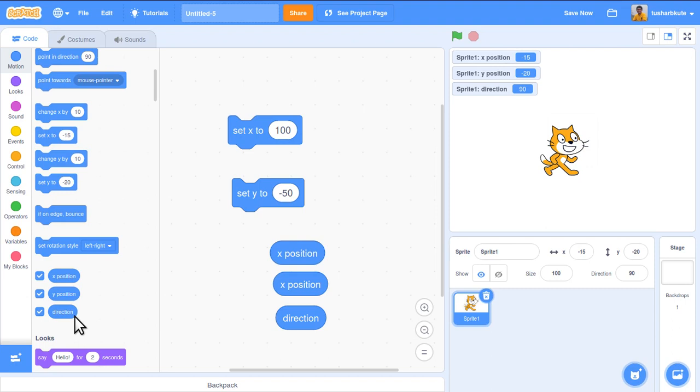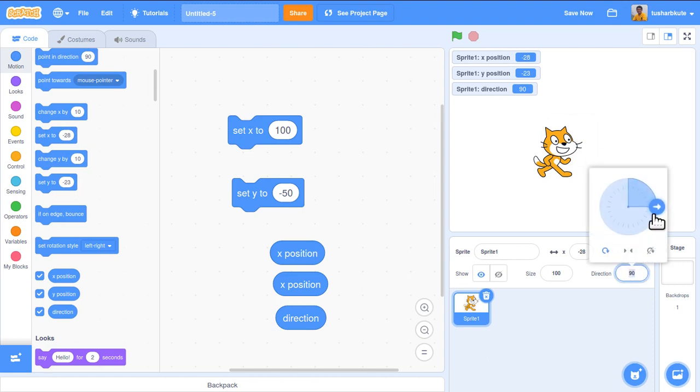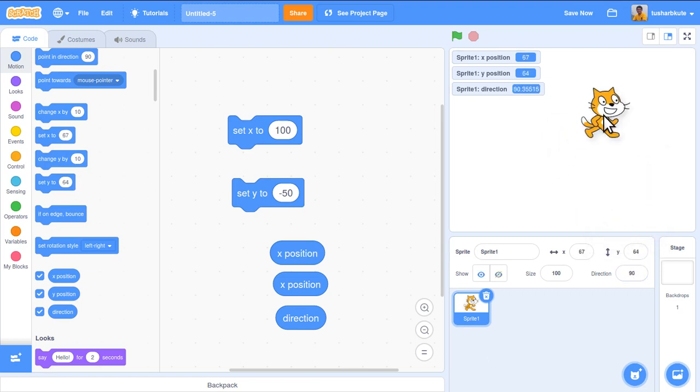Direction is a variable, it will contain the current value of direction. This contains the current value of y position, this contains the current value of x position. If I move this, see, it will change accordingly. Direction is also 90 degrees. If I change this direction, it will also change. Check it out.